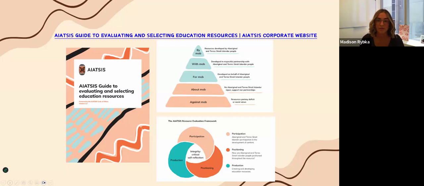So our access guideline for the assignment, making sure, yes, you can look at this triangle, which will help you in writing, looking at: is it by mob, is it with mob, is it for mob? If it's those two down the bottom, about mob and against mob, obviously you're not going to be using those resources. Like someone asked about using a book that was written not by an Indigenous person, but I think maybe illustrated by an Indigenous person. It was on this AIATSIS website, it would have more information. So to me, that would be either developed with mob in consultation or for mob, developed on behalf, and looking at that consultation, which is totally fine, and acknowledging that as well in your writing.